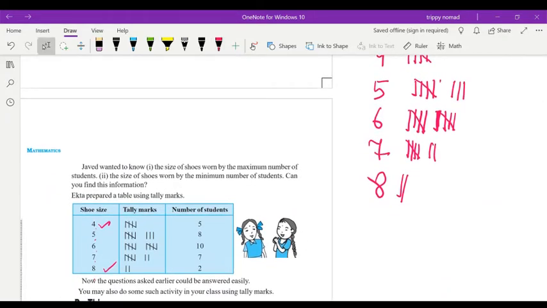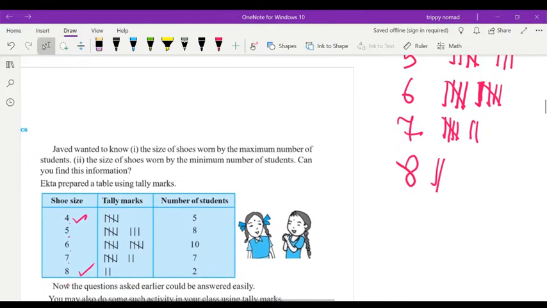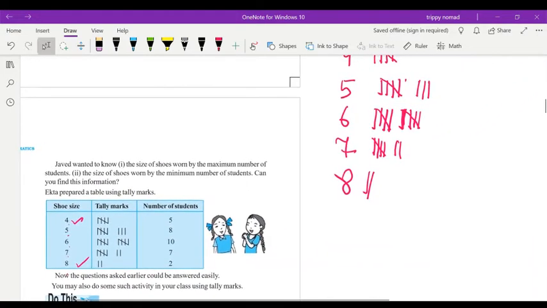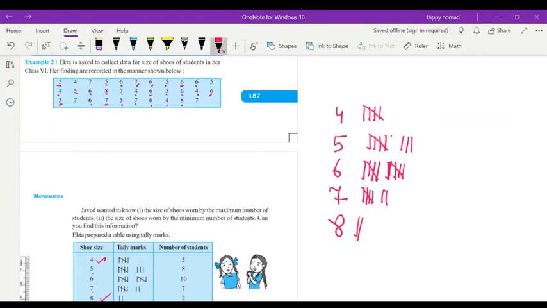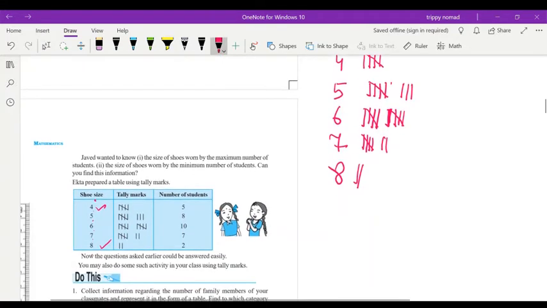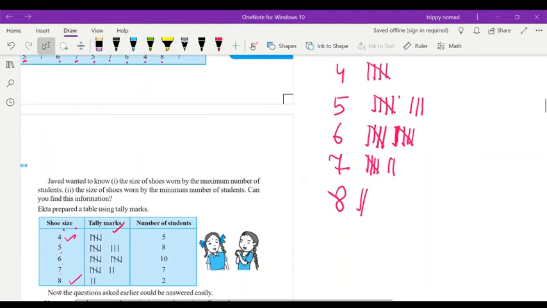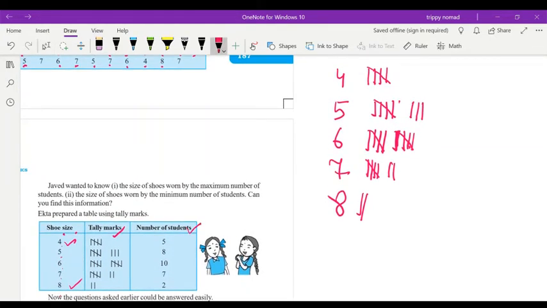Now you check from the example. You see here, the same as they have solved, and I have shown you how we have to do it. So you will make this, show the size. Okay, that was a shoe size you will write. Then the tally mark, I showed you how I have done this tally mark. Then that is the frequency or number of students. Here from counting, this is 5, this is 5 and 3, 8. You will write 5, 5, 10. You will write 5 and 2, 7. You will write, and this is 2.